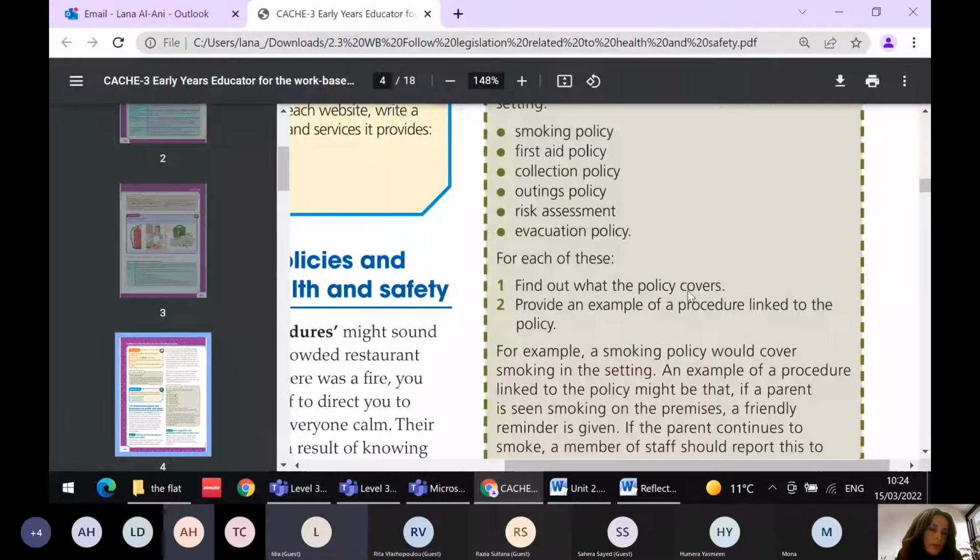Collection policy. Okay, thank you. So collection policy, do we know what a collection policy is? It's all about when the parents are collecting their children. So the nursery should have a collection policy. Who is the person who's collecting this child? And